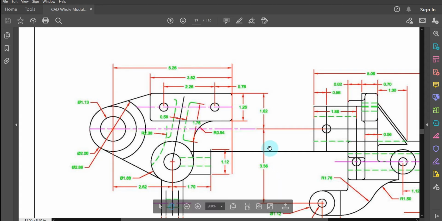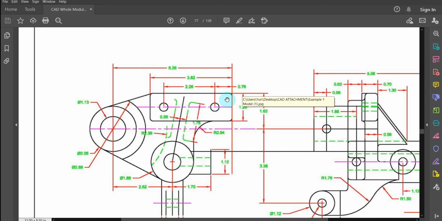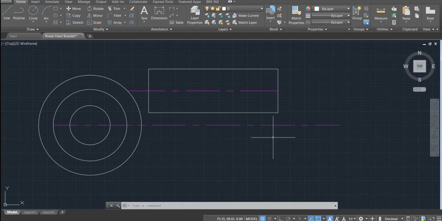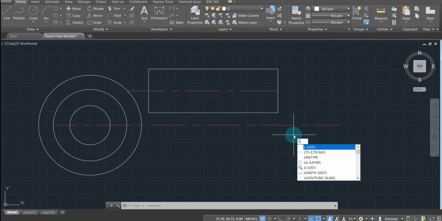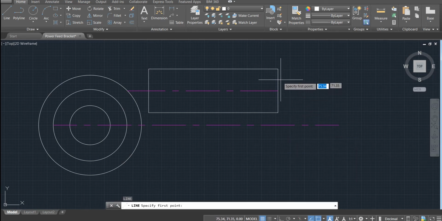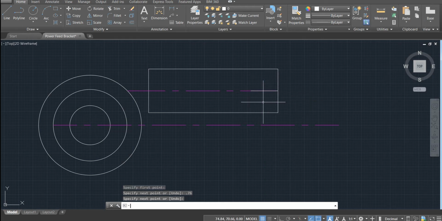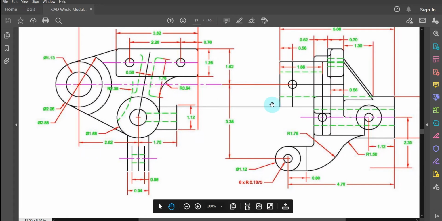Next are these small circles inside. So the distance of the first circle to this line is about 0.76. So let's create a line first. Type Command L, select the midpoint, and type 0.76 and enter. So from the end point of this line, we will create the circle with radius of